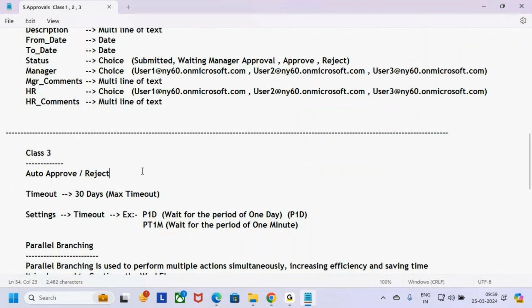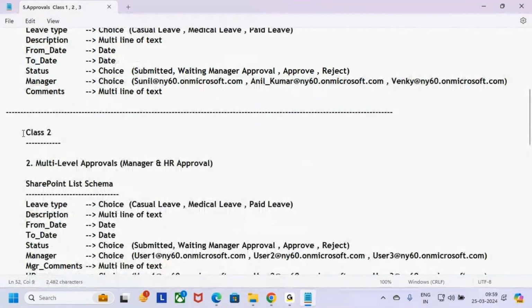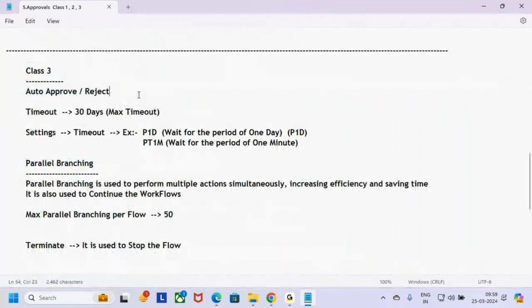Once the employee requests the leave, let's say the manager wants to auto approve it or auto reject it. How to auto approve or reject, we'll be discussing in the day after tomorrow's class. So there are two more classes on approvals. Tomorrow we'll discuss multi-level, and the day after tomorrow we'll discuss how to auto approve or